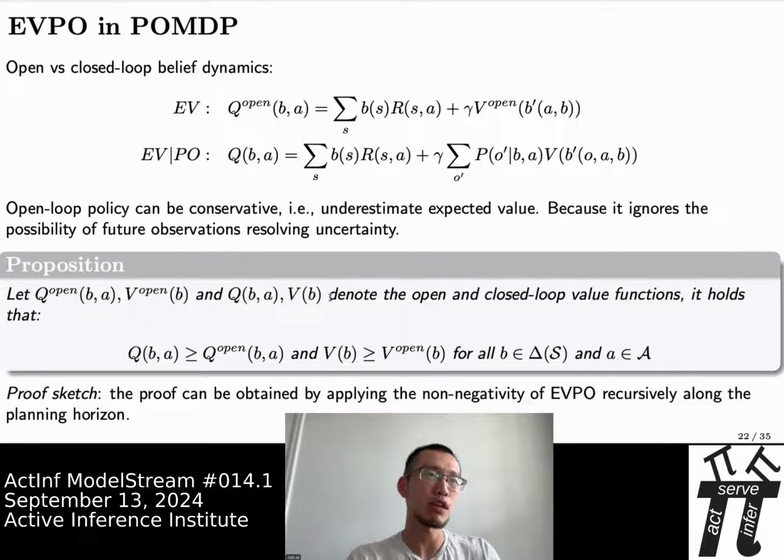So this is great, but the problem with this proposition is that it doesn't tell us how much better the closed loop or Bayes optimal policy is than the open loop policy. It also doesn't take into account the fact that usually in applications, even though we would plan a policy in open loop, when we deploy the policy, we usually still deploy it in closed loop by allowing the agent to observe the environment and update their belief.